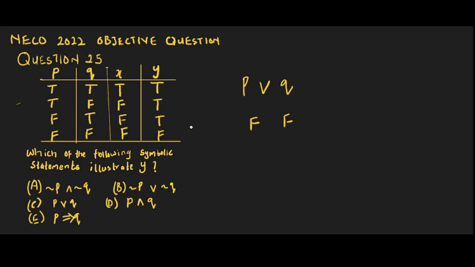Because under P or Q, if one is true and the other is true, it's going to be true. If one is true and the other is false, it's going to be true. True, true, true; true, false, true; false, true is going to be true, provided one is true. Here, under P or Q, the only way we can have a false is when we have false and false, and that is false. Surely,